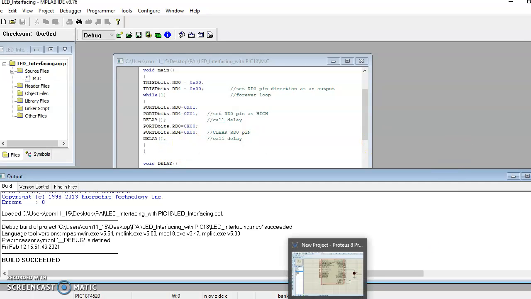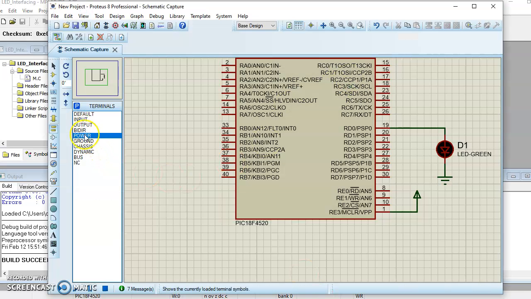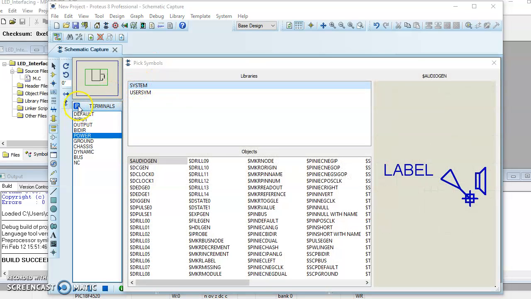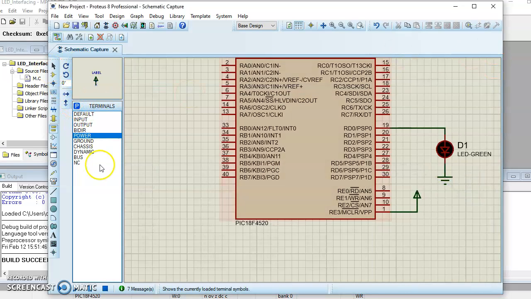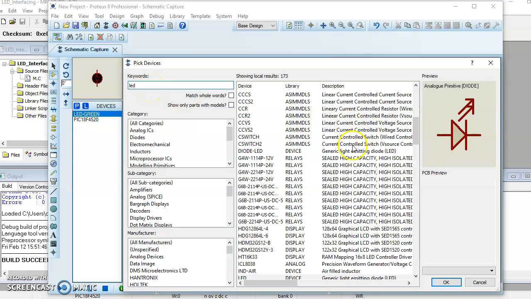Now I want to connect one more LED at RD4. So go over here, take an LED. Again, go to the LED terminal. For that, you have to select one more LED over here. So go to the terminal, then go to this one. One more component I have selected, the green. Now I will take another LED color. I will go for red now.